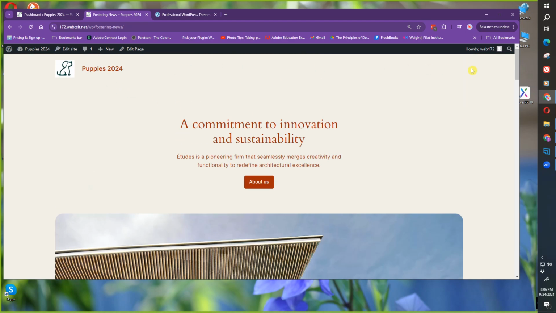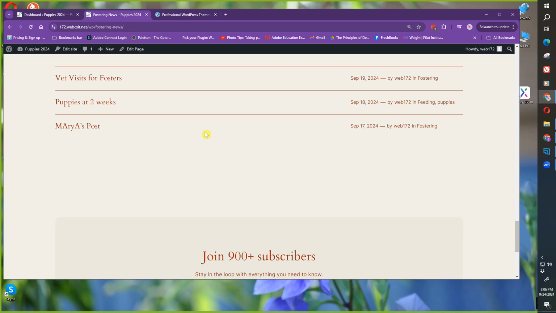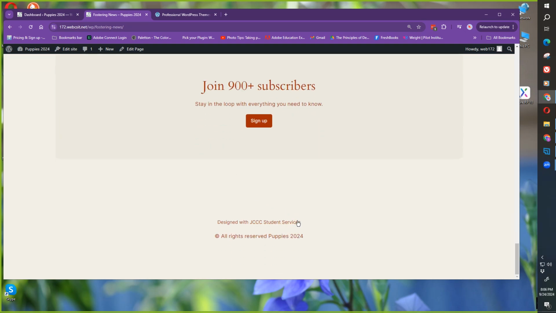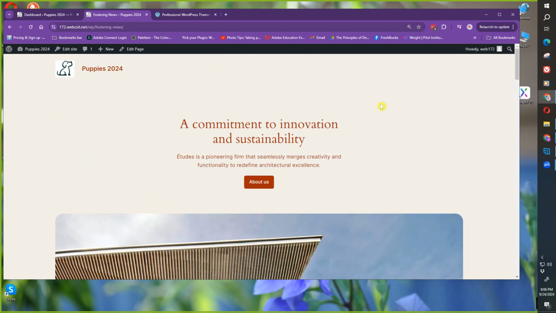And here, well, my navigation is gone. Let me go look at my footer. Okay, so that's there, but my navigations aren't showing. So I'm going to have to go figure out what I did with my navigations. But for some reason, they're not showing. So I'll have to go back and figure out why they're not there. But other than that,